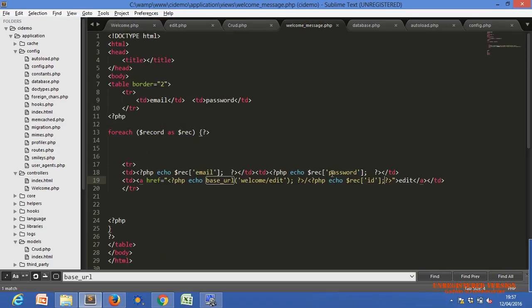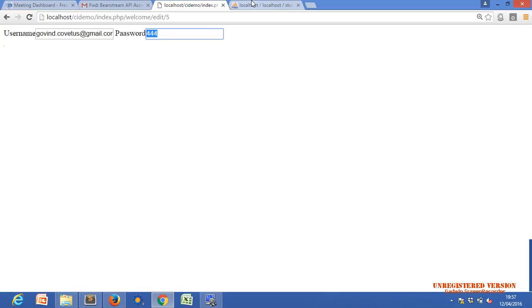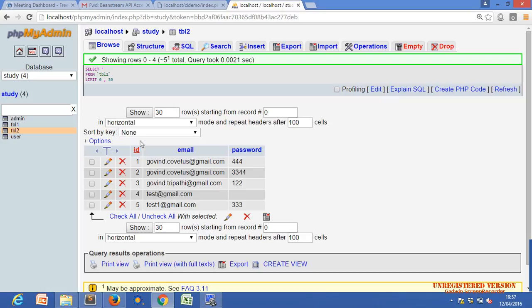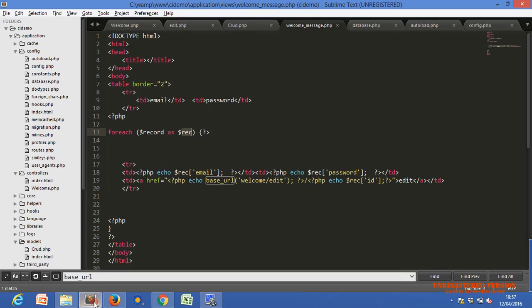In the view, we have passed a unique ID with each record by using this code. Slash rect, this is the function name, and id is our database user column name, this id. So we just pass that particular id. Whenever we call the edit function, slash id will always be there.